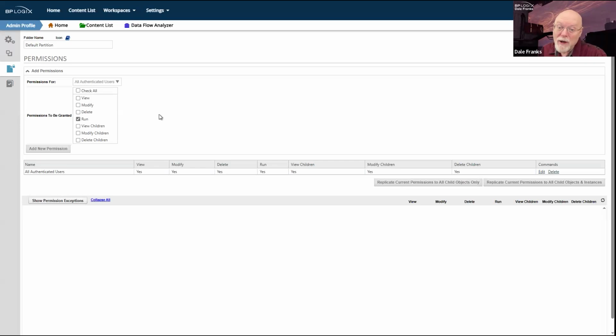With this permission setup, none of those knowledge views will work. If you want to show anybody anything in a knowledge view, you're really going to need to turn on view children as well, so that whenever those users run a knowledge view, they can actually open up and view the objects that have already been, in most cases, either in progress or that have already been completed.